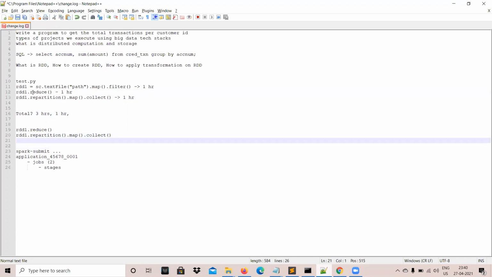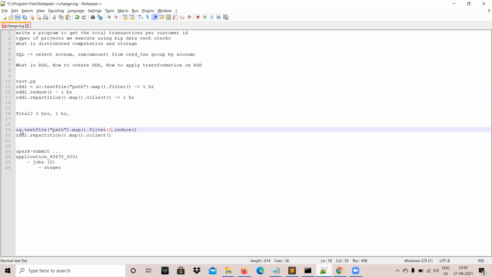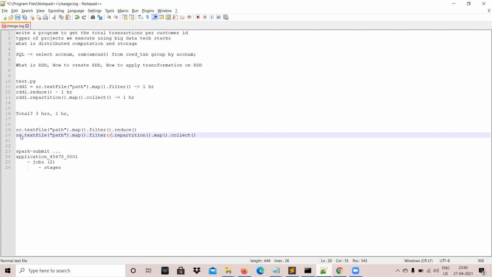This RDD1 is nothing but this one. We can replace RDD1 in this way because, as we discussed, it's not line by line execution. Rather, it breaks the application into multiple jobs, and then the jobs get executed.